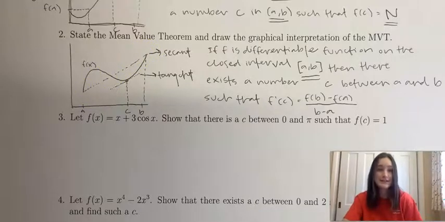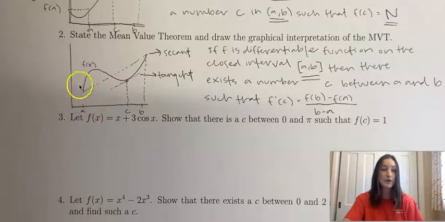So the essence of MVT is basically that somewhere on this line, this secant line and a tangent line have a parallel slope, meaning the slope is the same. So we're trying to find that point, that x value, where the tangent line and the secant line have the same slope. So this makes sense because I have f prime of c, basically the tangent line slope, and then